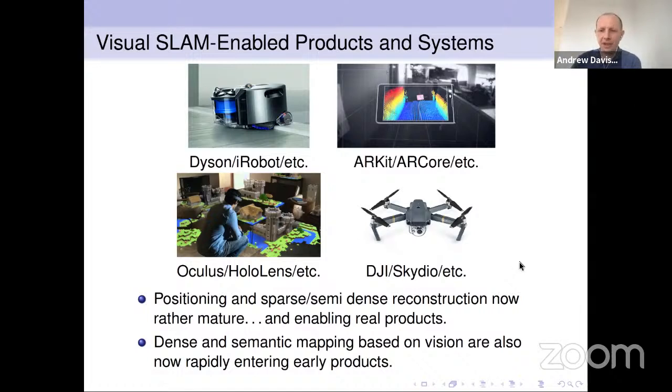So what does this technology do? The most important thing that it does is positioning. These devices will use their cameras and other sensors such as inertial integration to make mainly sparse maps of features in scenes that they can use to then estimate their motion accurately as they move through spaces. They're also rapidly acquiring capabilities in dense and semantic mapping, and that's all about giving them more of an intelligent sense of the space around them.